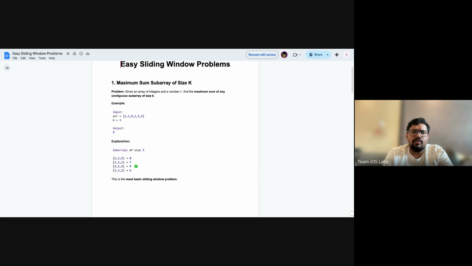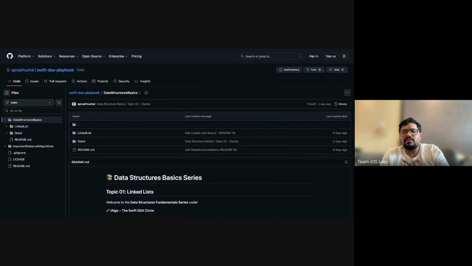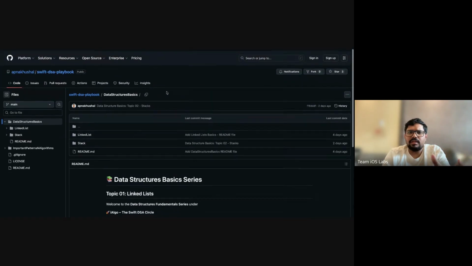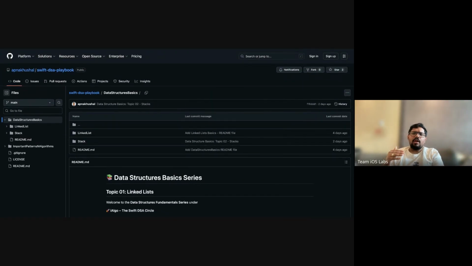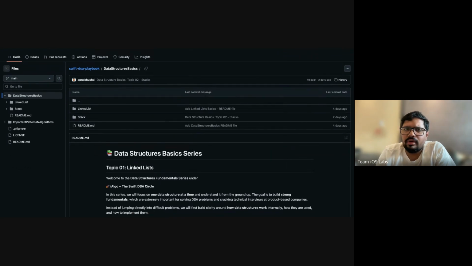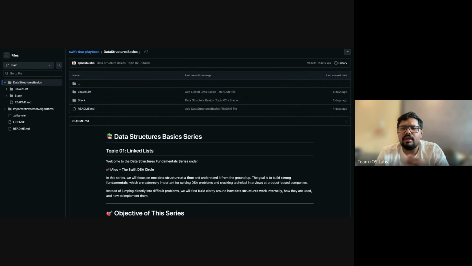So let's move to the linked list. Now we are also targeting some data structures. We need to cover some important patterns, and we're starting with the easy patterns, but we also need to understand the basics of the data structures which exist right now. The basic data structure I'm starting with is the linked list, which is very basic. I hope in your college time, or in any previous DSA, you came across this kind of data structure. We know about linked list, stack, queue, tree, graph. We'll come to them one by one.